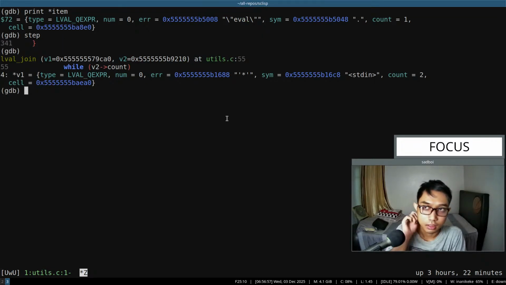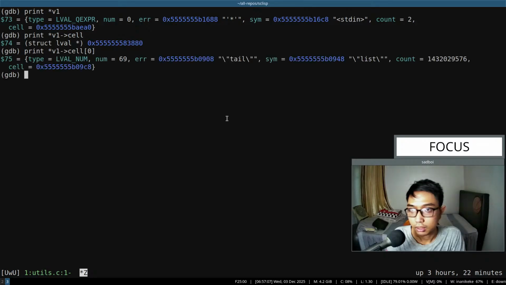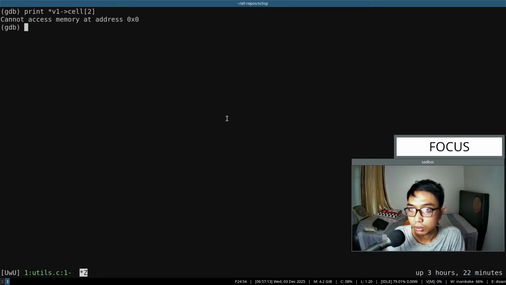Okay, let's check the v1 first. Cell, right? I think it's one. So, okay,